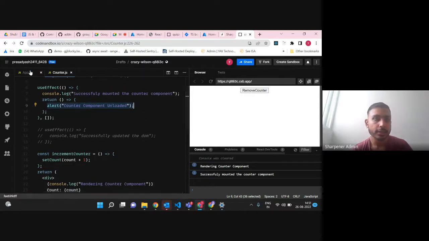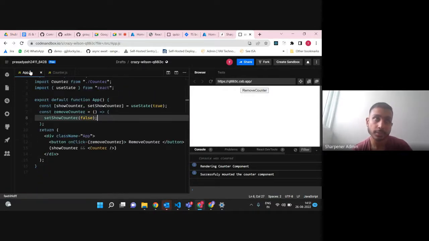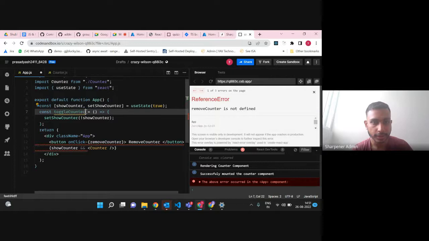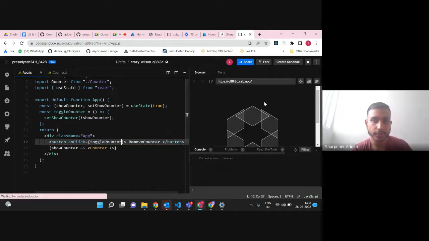Now, instead of writing it like this, what if we write the value as not show counter? If we toggle instead of removing it, toggle the counter component, instead of just making it false, whenever the user clicks on it, the value of the component changes. So if you look at it,